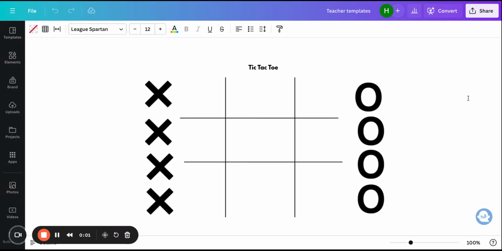Okay. This is a really simple template. Obviously, you can just draw it on the board. It's easy and no prep. And it's one of the things I suggest you have. I talked about this in the context of Beat the Teacher, but I just wanted to share a few more